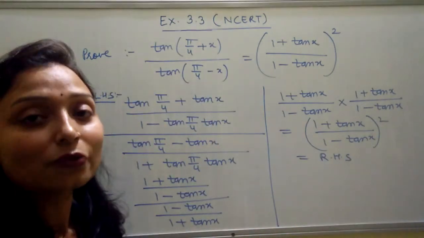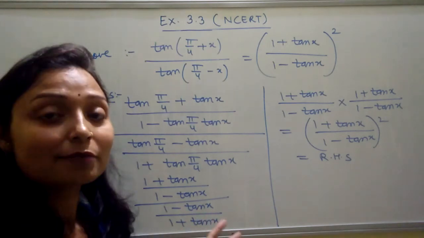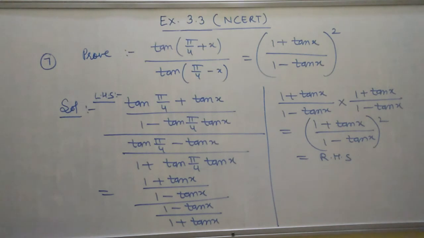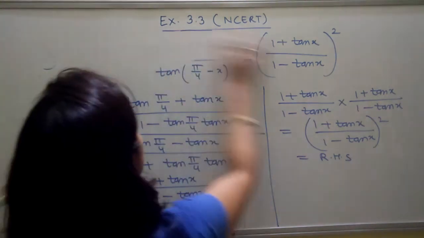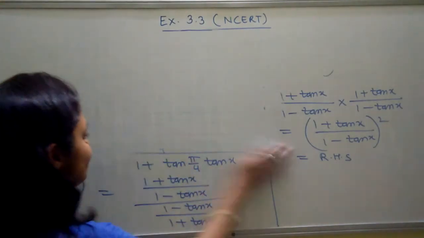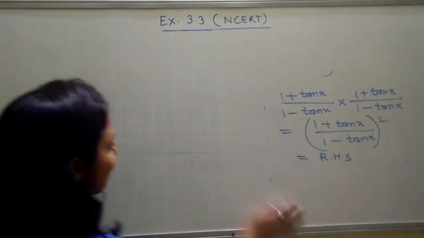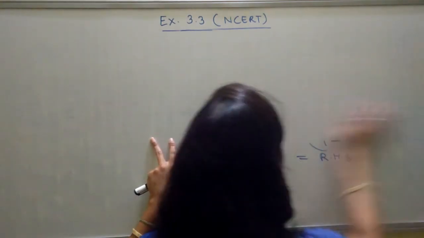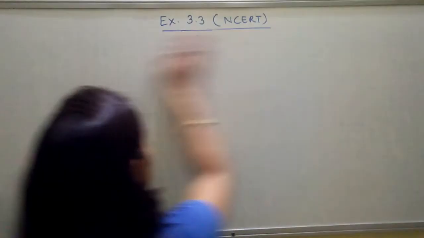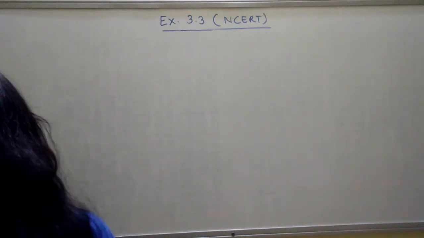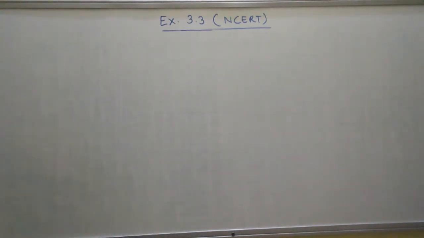So this is the way to solve the question. You can solve the question by using identities. Now come to the next question. You have to only learn the identities. I will repeat many times in my lecture that before doing the question you have to learn the identities, which are very important for these questions. And the last question I will do is the 8th question of your exercise.